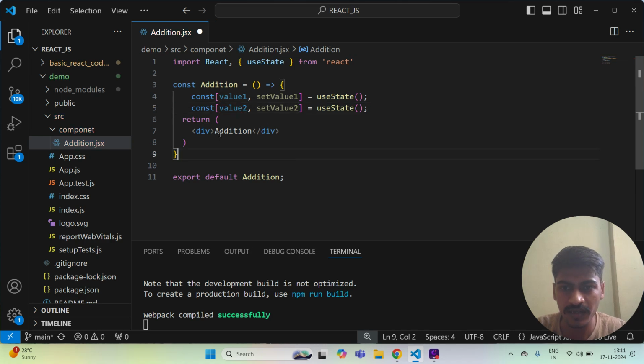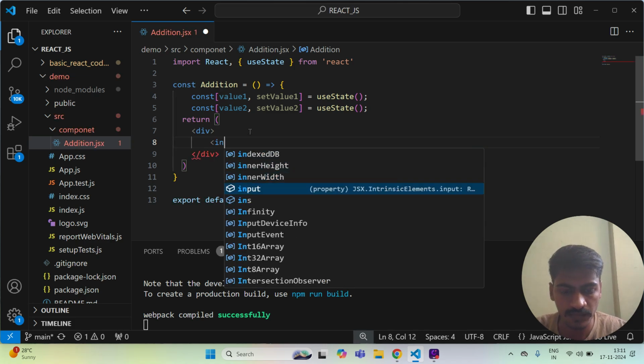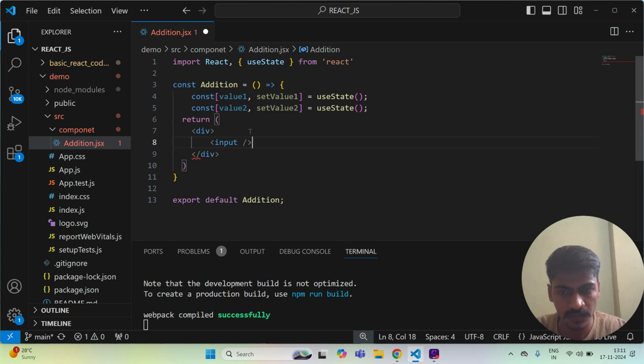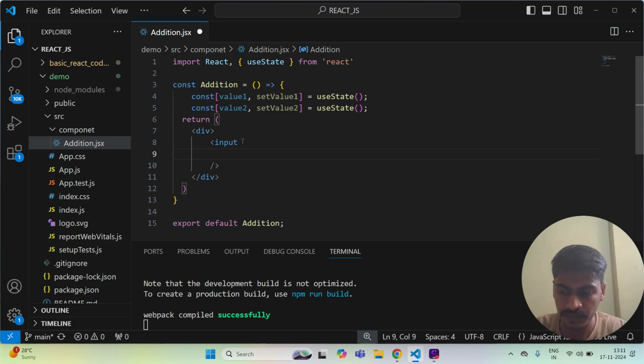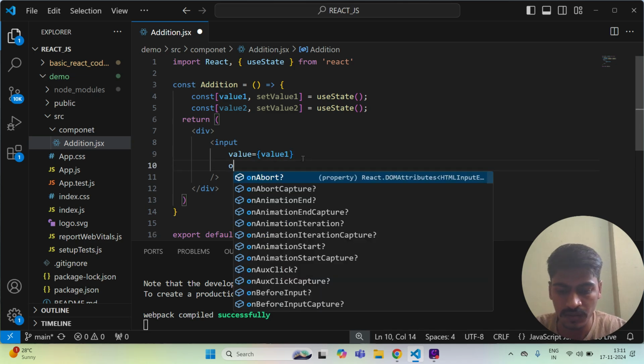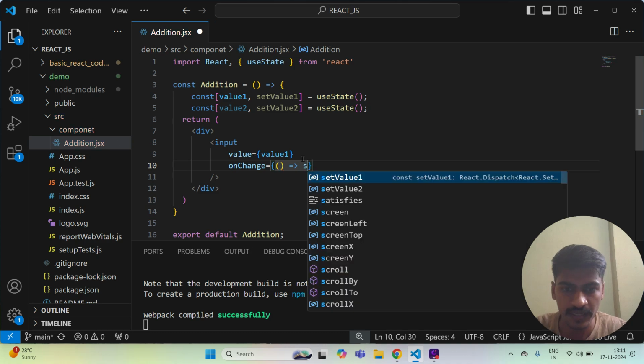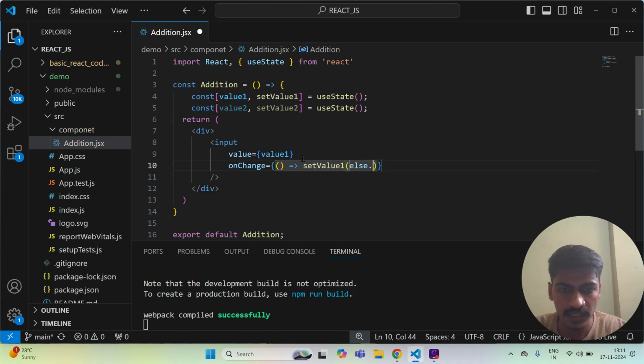Okay, and under these we have to create the input field. With the help of onChange we are just setting that value, like setValue1 e dot target dot value.